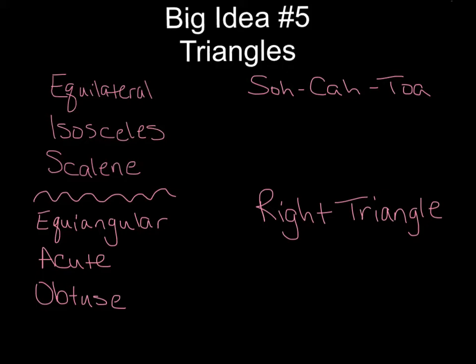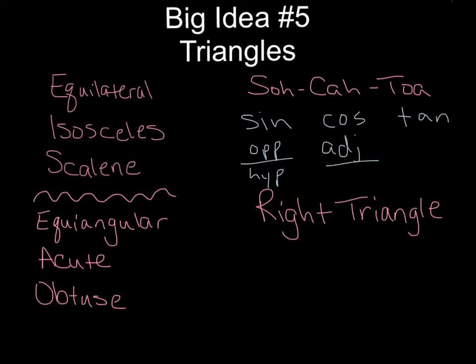SOHCAHTOA is a little bit of trig. It's the sine, cosine, and tangent. Sine is opposite over the hypotenuse. Remember, the hypotenuse is the side across from the right angle. Cosine, the CAH in SOHCAHTOA, is adjacent, which is right next to, over hypotenuse, and tangent is opposite over